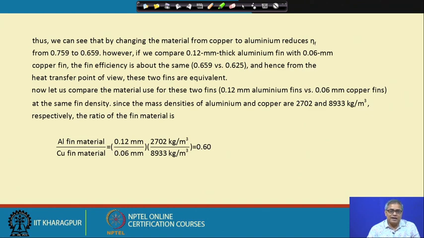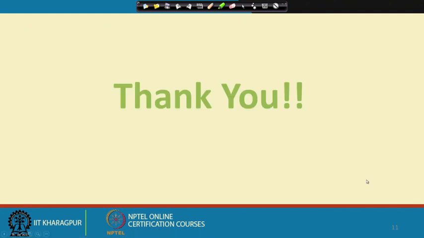That could have some relevance for equipment which is not stationary, which is moving, because if the weight of the moving equipment is larger, then the traction power is more. So by providing aluminum fins, lighter parts, we can reduce the tractive power without sacrificing the heat transfer. This is one point I would like you to keep in mind, and with this I would like to end today's lecture. Thank you.